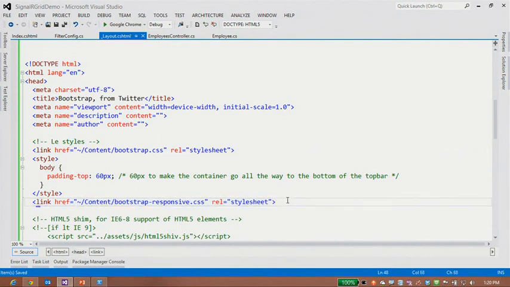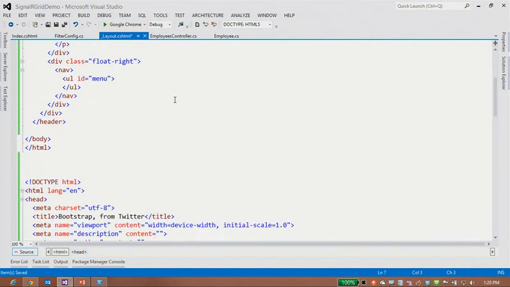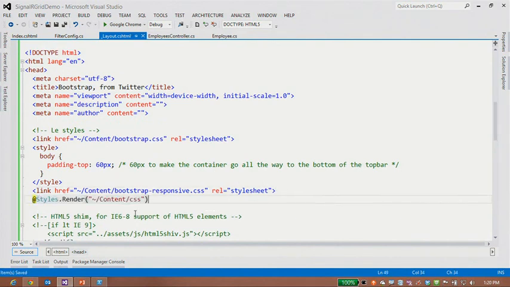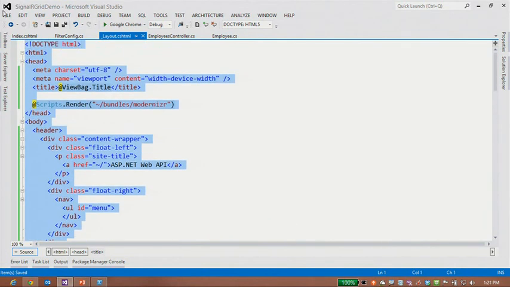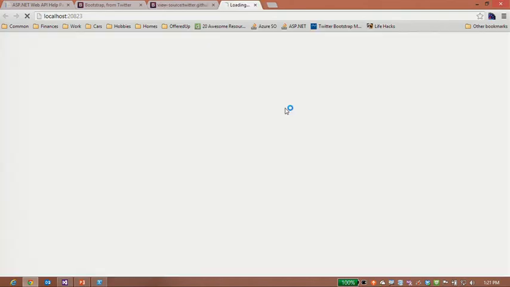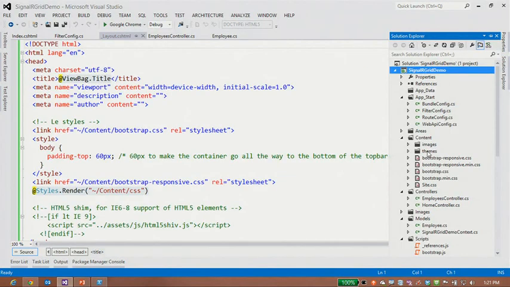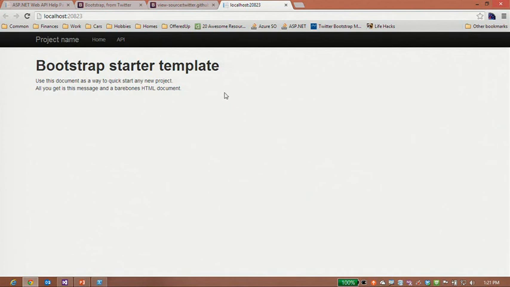And then finally, we're going to add a link to our previous CSS file, which is in a bundle. We'll go and clear that up because we don't actually need any of the previous styles, and then we will change the title to pull from the view bag. So a lot of things, but relatively straightforward in terms of getting started and just copying over stuff from the template to make sure that you're getting the right markup for Bootstrap. I did forget to clear out my site.css, so this is going to look a little weird. But if I refresh, you'll see that I'm up and running with the Bootstrap template in pretty much less than 5 minutes. I'm ready to go and ready to use and leverage those components,